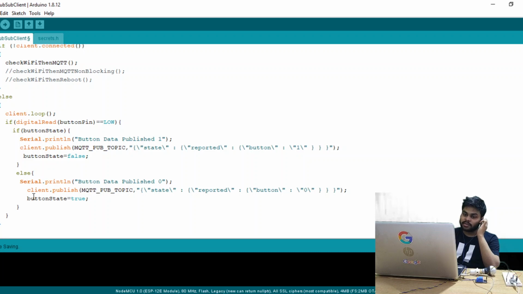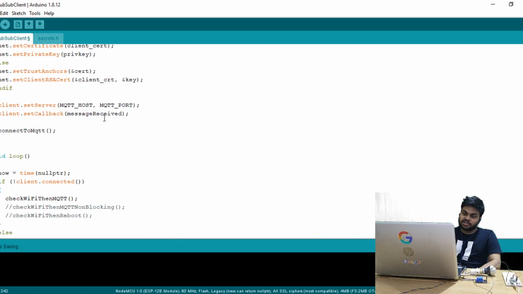After that the button state will again become true, and on the next click this will be executed, and then the button state will become false again. So we are basically looping between these two states. The first time we are going to send a button value of 1.